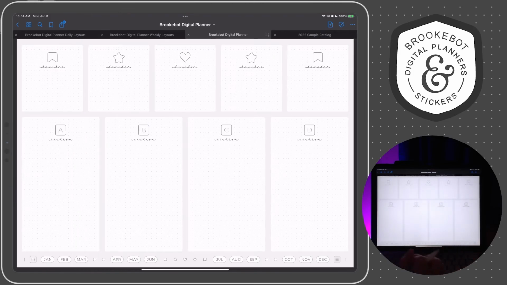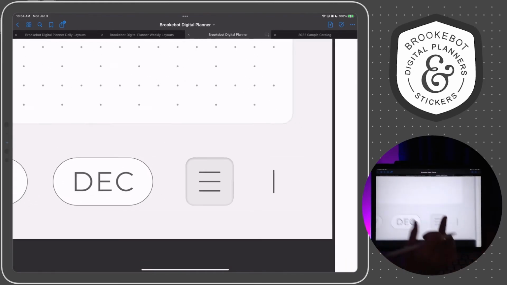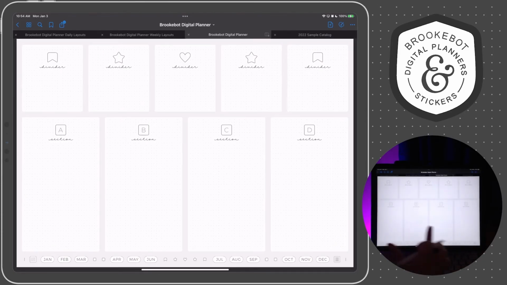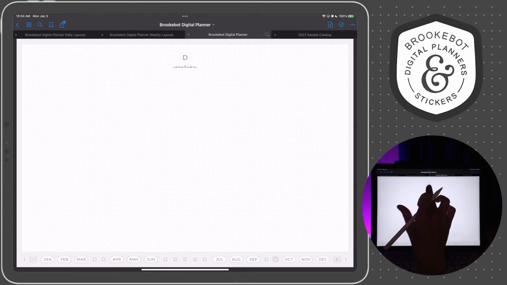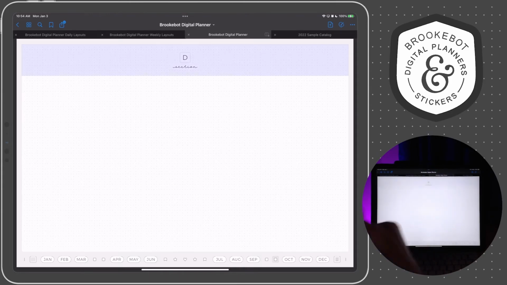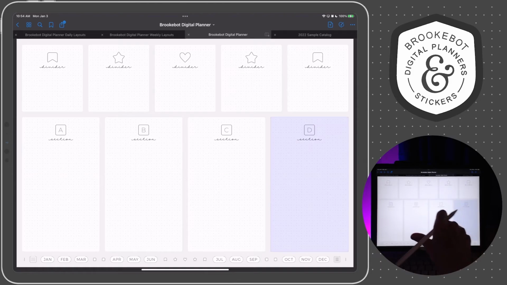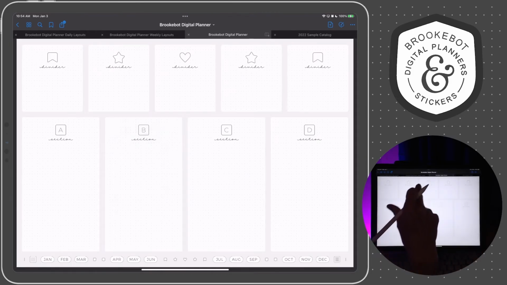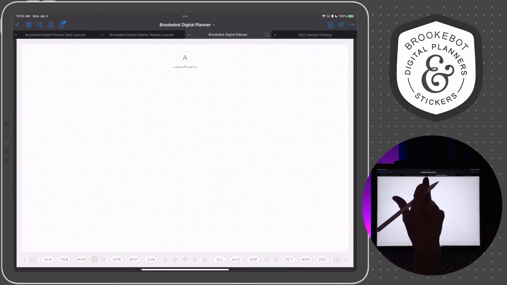Those big giant links are also located on the DigiPaper index. The way I got to that was by tapping this button in the navigation bar. And you can keep a description of whatever you have behind each of these tabs on this page. And if you tap at the top of any storage section, it'll take you back to this index. So you can kind of keep track of where all the different things are.